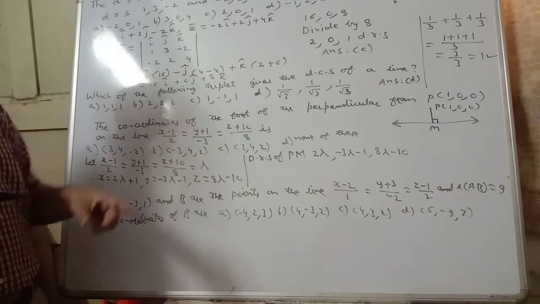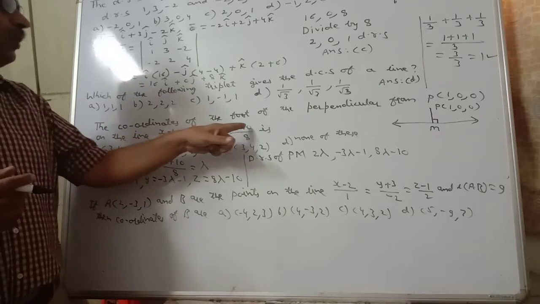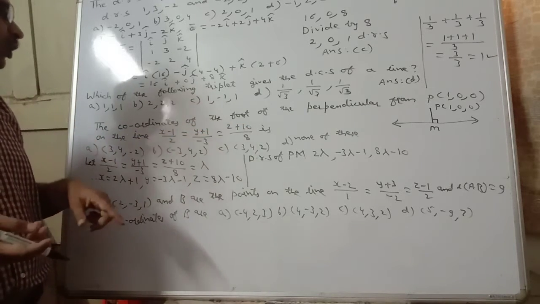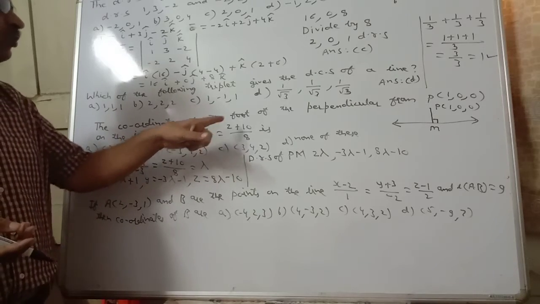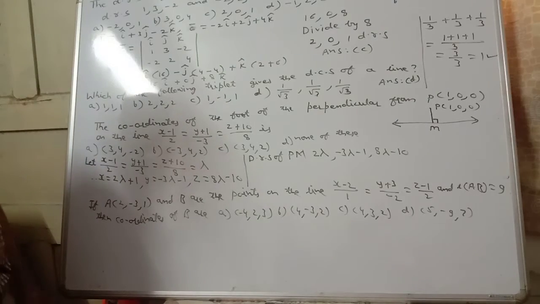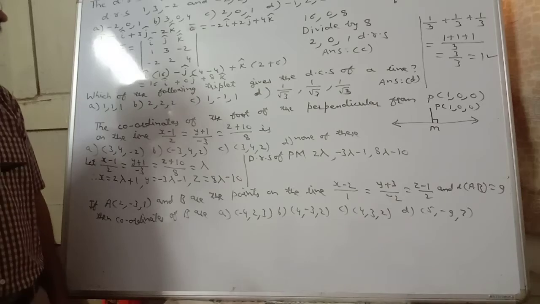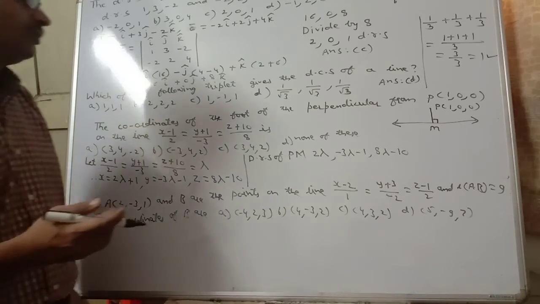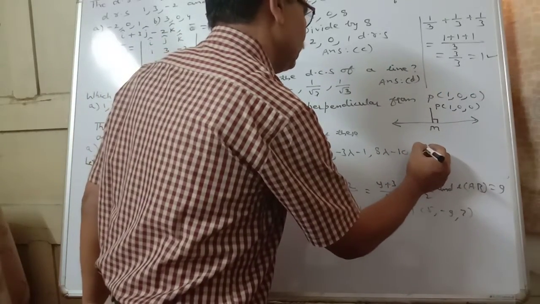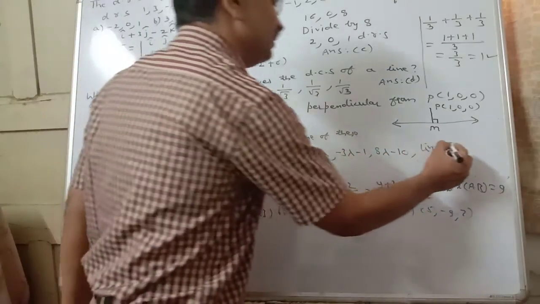Equation of line, it is given in Cartesian form. So from the numerator, we get coordinates of one point on the line. Point on the line is (1, minus 1, minus 10). But here we don't require coordinates of the point. Numbers in the denominator give us direction ratios of the line. So direction ratios of line are 2, minus 3, 8.